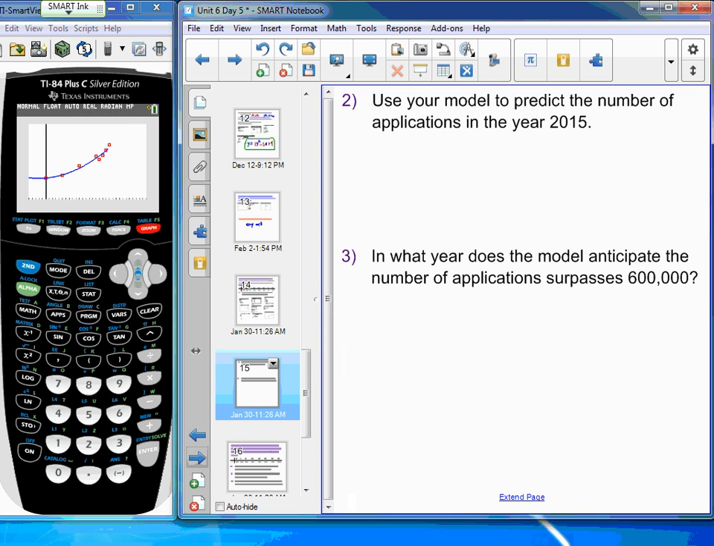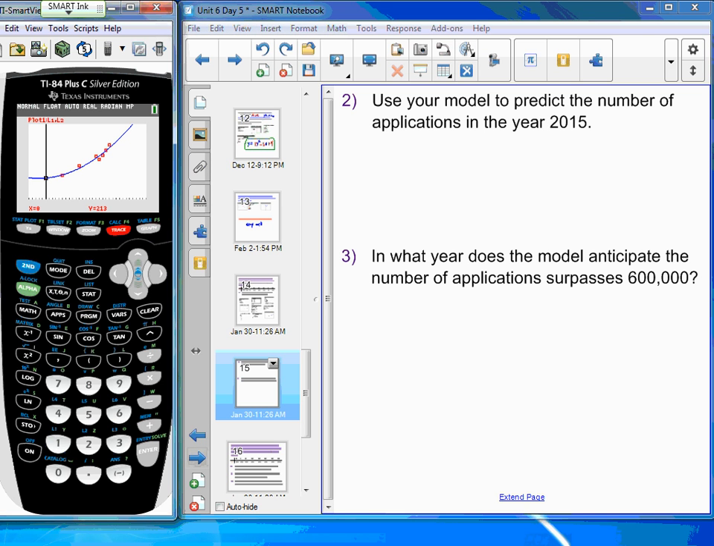the number of applications in the year 2015 now that I have an equation by doing trace, right? I can do trace, but I need to make sure that I'm tracing on my equation, not on the scatter plot. So I'm going to do trace, and what am I going to enter? What was X in the year 2015? What value is X? 25, and so I'm going to go ahead and do